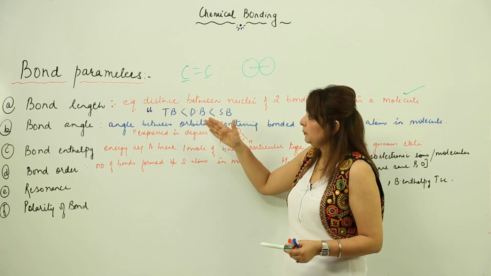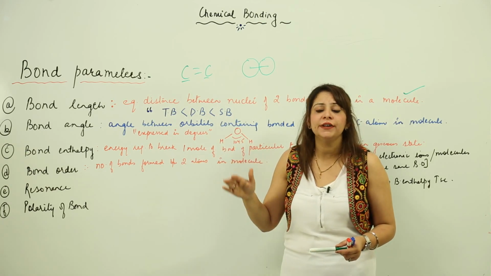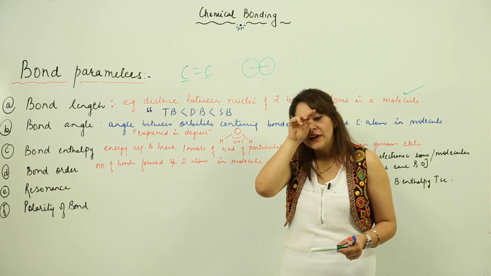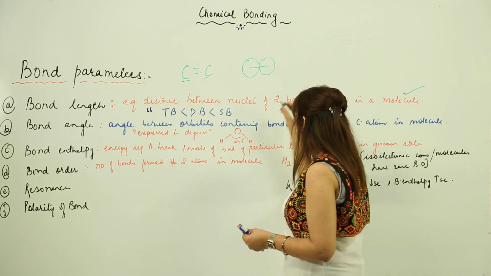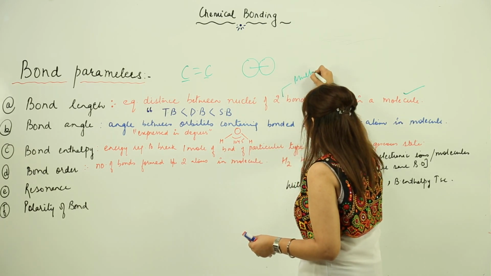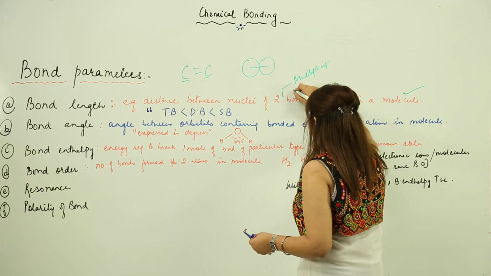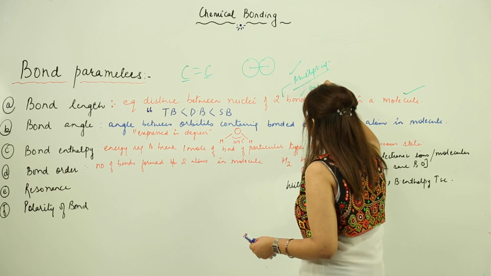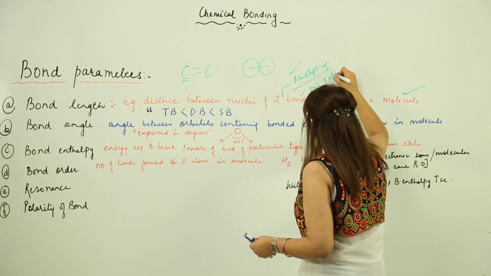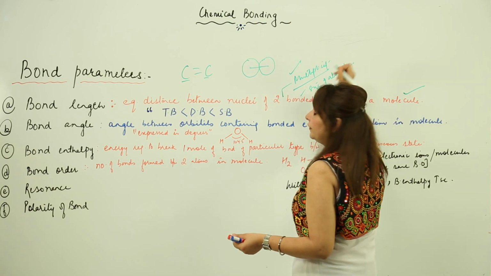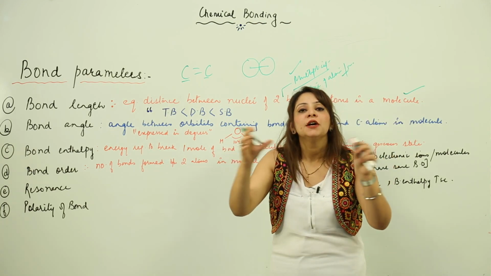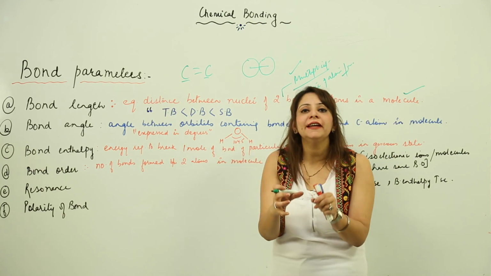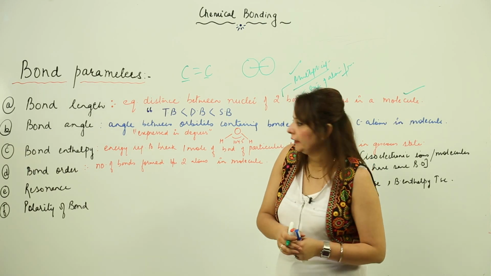So that means the multiplicity of the bond actually affects the bond length. I'll write here, multiplicity affects the bond length. Second is that the size of atoms or ions also affects the bond length. The bigger they are, the bigger the bond length is going to be. The smaller they are, the smaller the bond length is going to be, right?